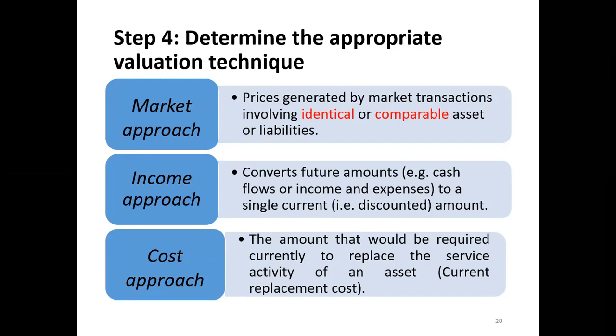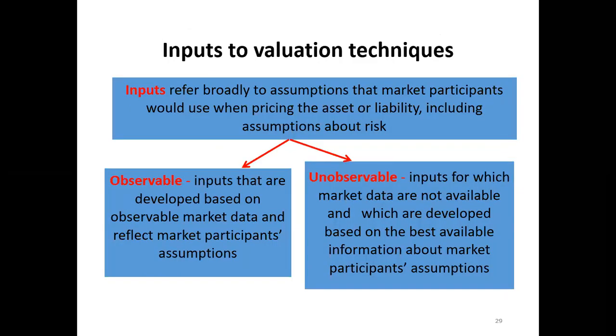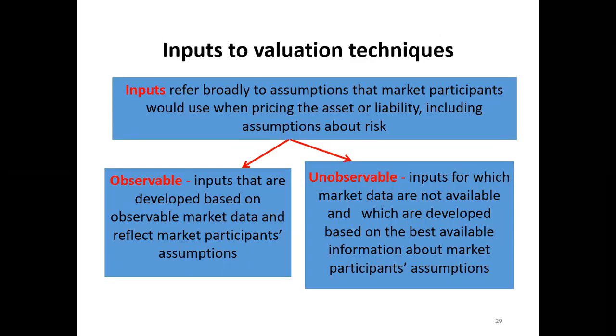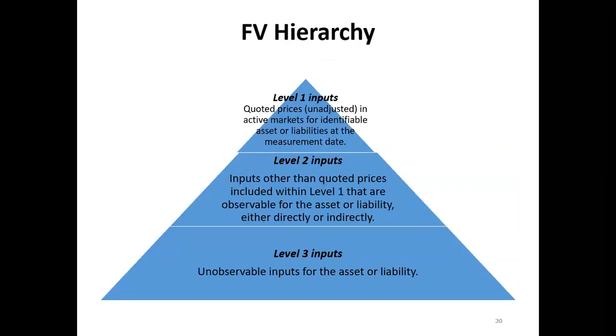And similarly, under the cost approach, you would consult a manufacturer and get the price information. Still, it is not something available in the market. It is something you would generate. So that is also an unobservable input. Therefore, under the income approach and the cost approach, you would find more unobservable data. But in the market approach, the inputs you would take are observable in the market, right? Then there is a hierarchy. You can put these inputs into three categories called level 1 inputs, level 2 inputs, and level 3 inputs.